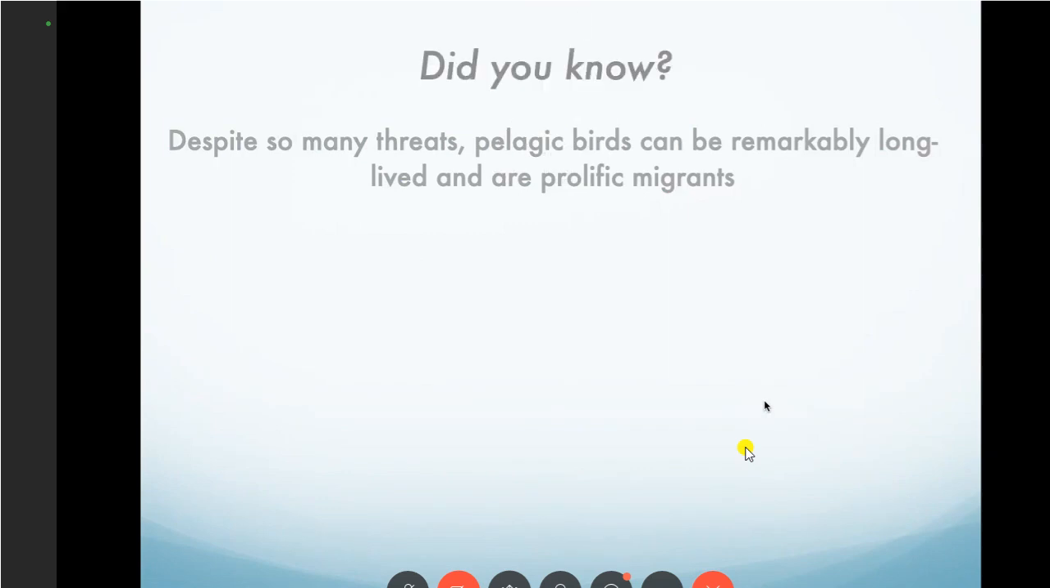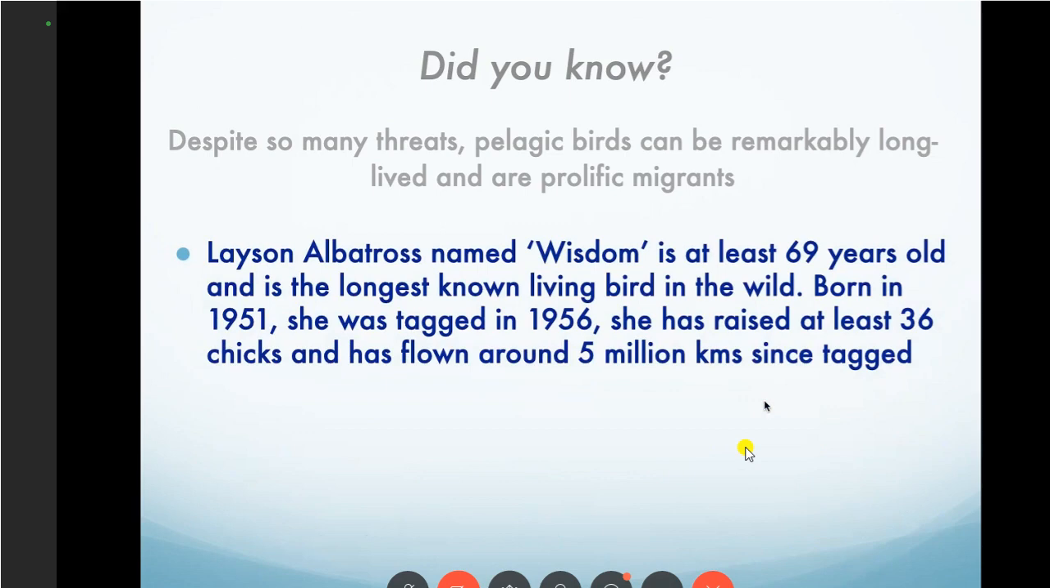But despite so many threats, pelagic birds are remarkably long-lived and they're prolific migrants. Let's take a look at this. The Laysan albatross named Wisdom is at least 69 years old and is the longest known living bird in the wild. Born in 1951, she was tagged in 1956, has raised 36 chicks so far, and has flown around 5